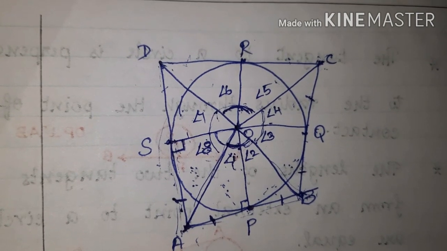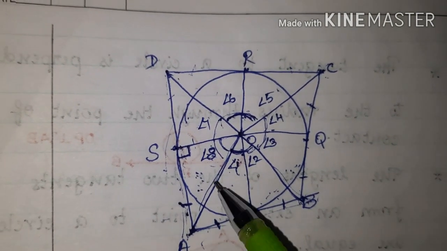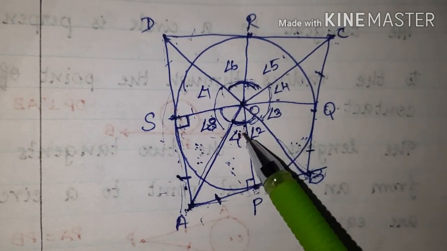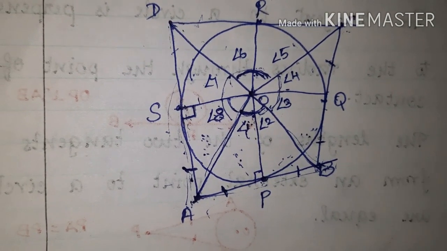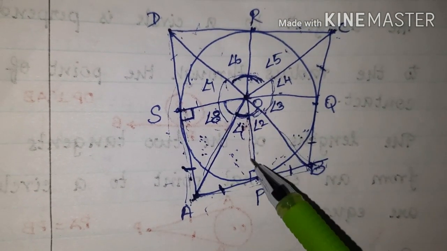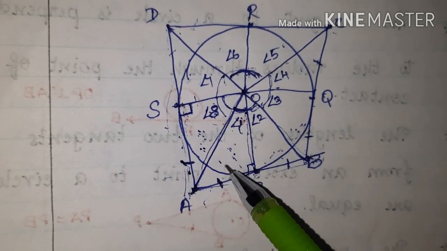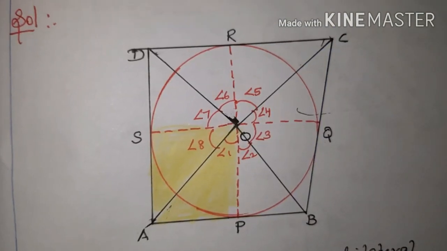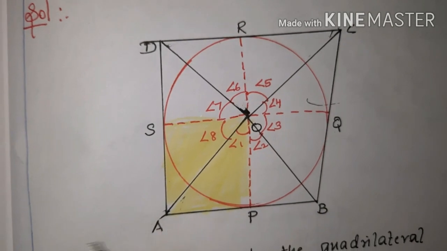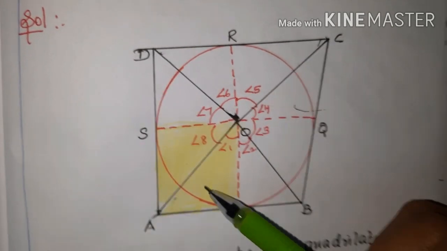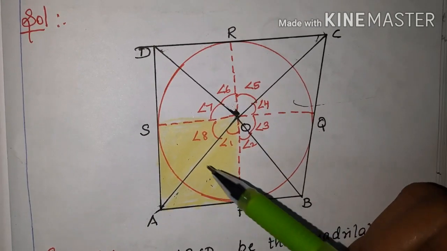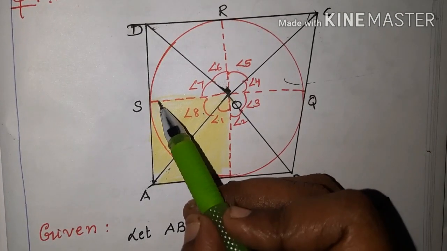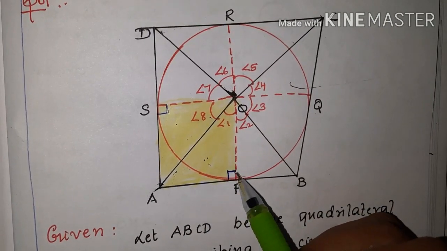Clear, children? So actually what you are going to prove is that the opposite sides subtend supplementary angles at the center. So the sum of the angles for 2 opposite sides will be equal to 180 degrees. For that we have joined the points of contact and we get right triangles. So we are proving them congruent first. Got it? Now let's move on to the solution. This is the figure that I have drawn roughly. In order to highlight the 2 right triangles I have shaded them with a color. I have numbered the angles from here, angle 1, 2, 3 like that up to 8. And here it's a right angle, and likewise here also it is a right angle.